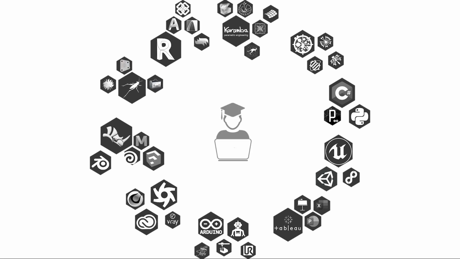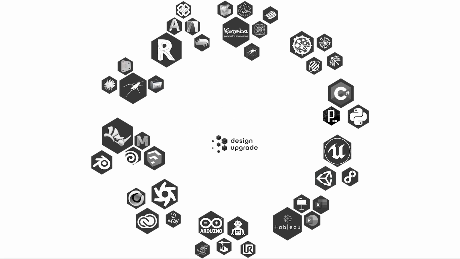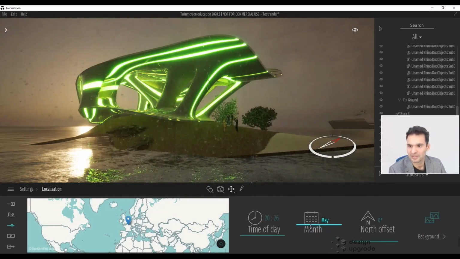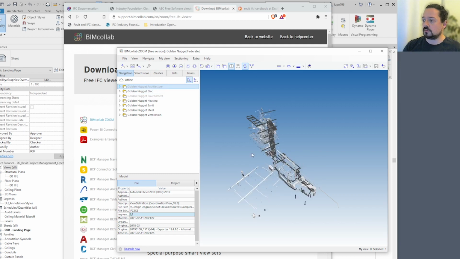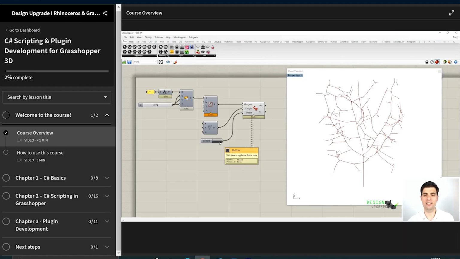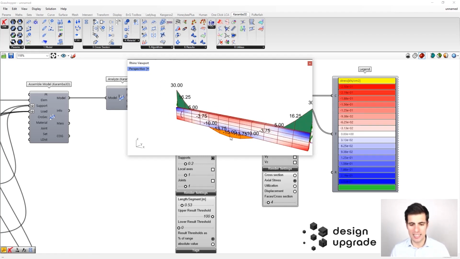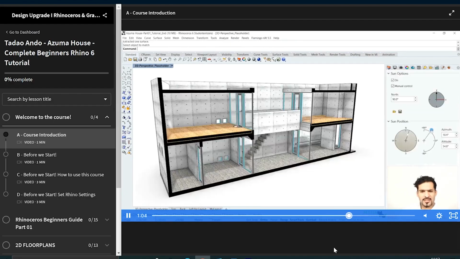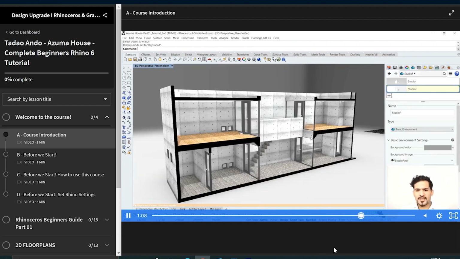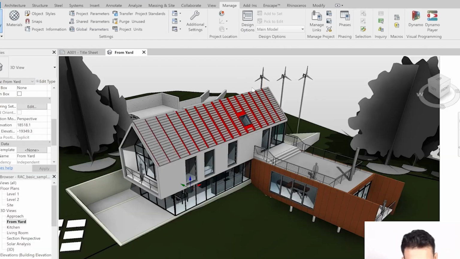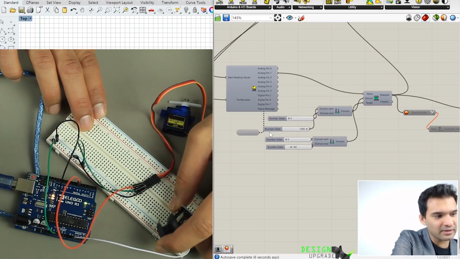In our platform, you will have a large array of cross-platform and practice-oriented online courses that aim to teach you all the skills and expertise you desire in the most profound, fun, and visually pleasing fashion. Our instructors are experts in different fields and bring their years of experience and professional knowledge to the table. All courses offer practice-based problem solving and best practice solutions to up your performance and make you stand out and work that much more efficiently, so you can concentrate on your design ideas instead of being blocked by a lack